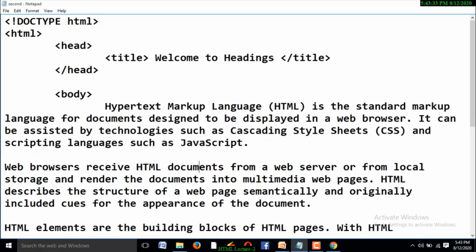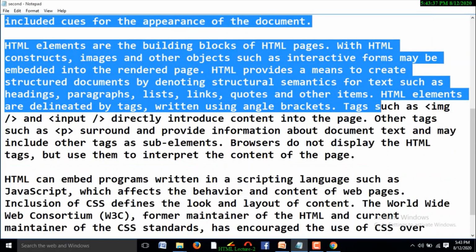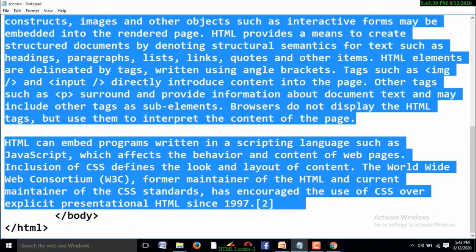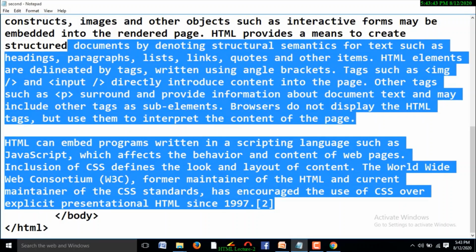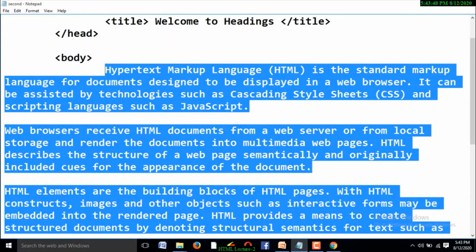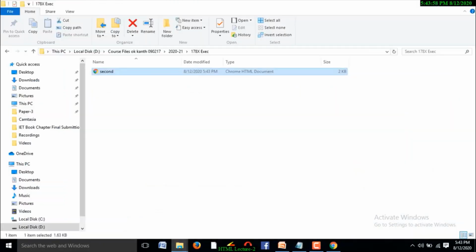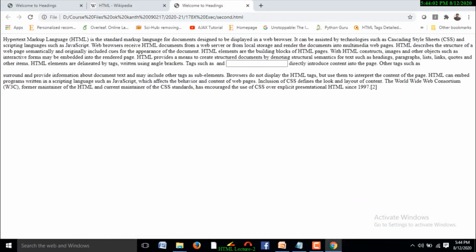Where is this content available? This content is available inside the body tag. Whatever the content you placed in the body tag, that content appears on where? That content appears on the web page. Right. File, save this and open the browser, the 17.8x folder. Yes.